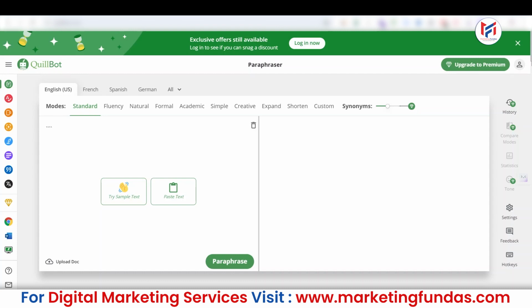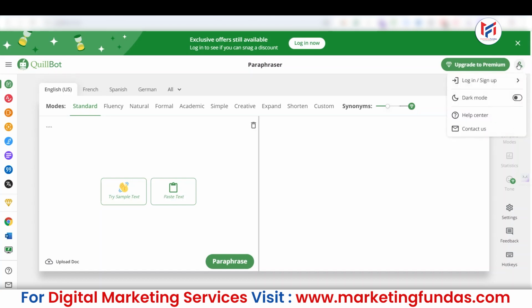You can take advantage of the potential of the free version as well, because all the features available in the free version are also very useful. So if you can't afford the premium version or the pro version, or maybe you just don't want to subscribe to the pro version, then you can use the free version only, and that too works very well. So in order to sign up, what you need to do is click on this person icon